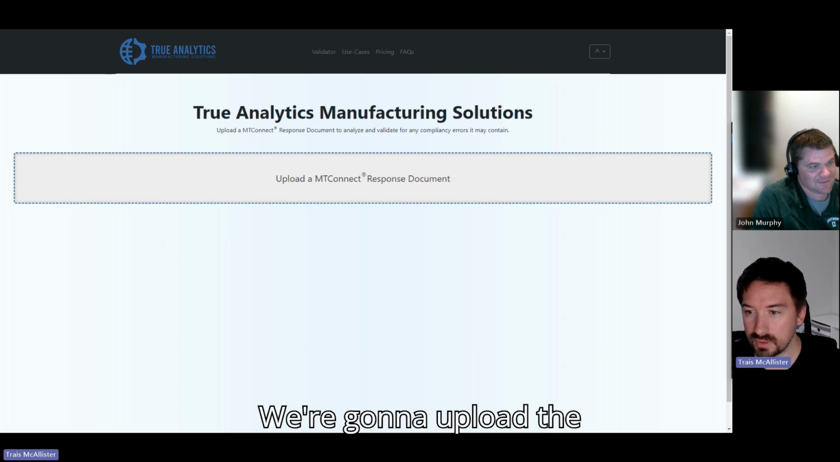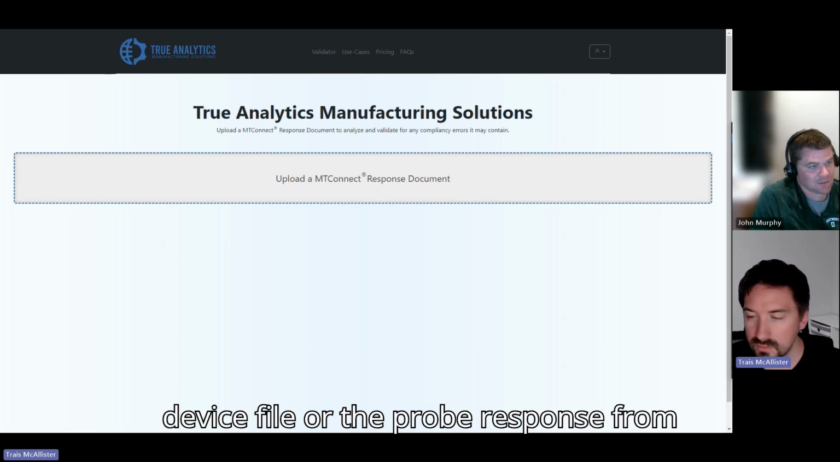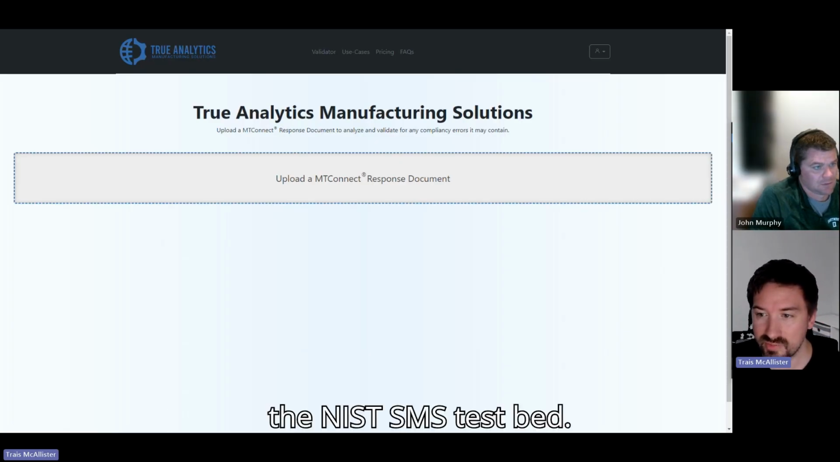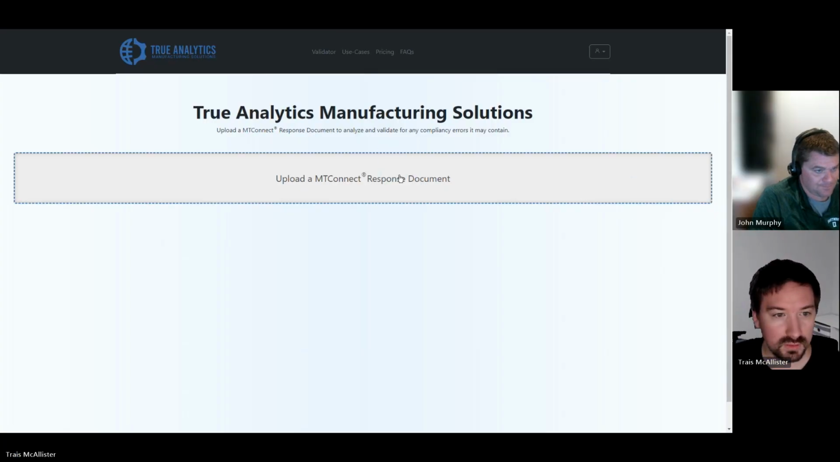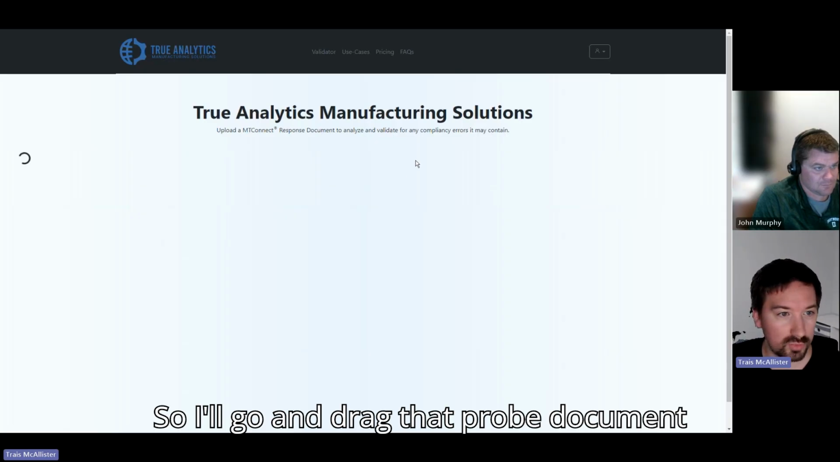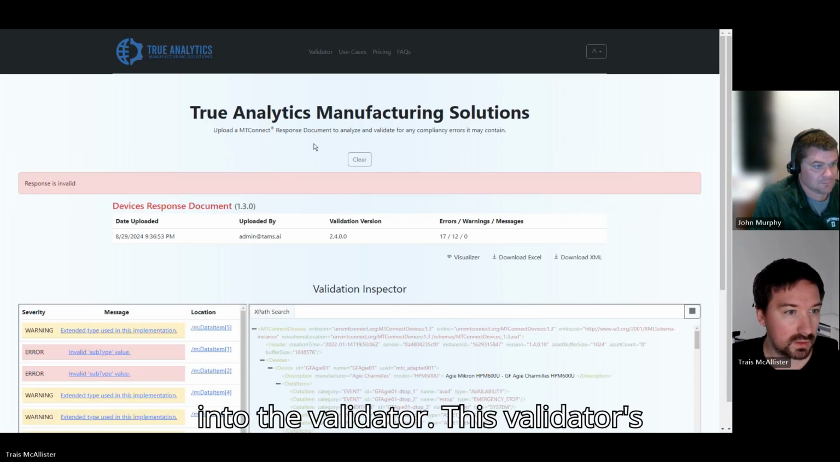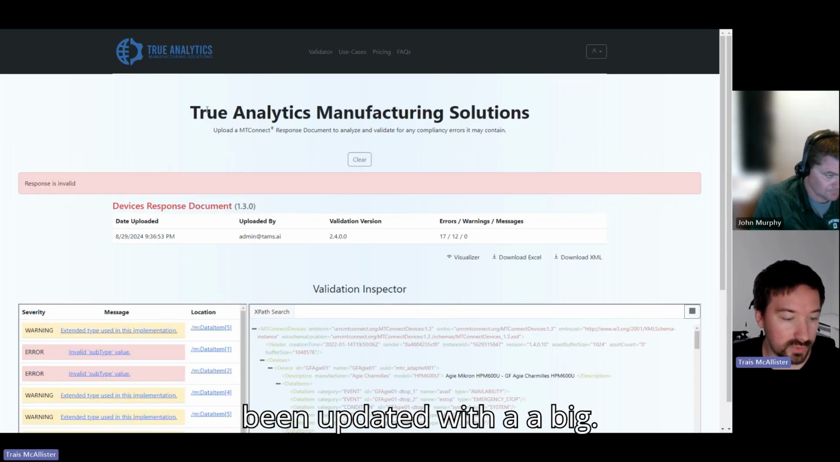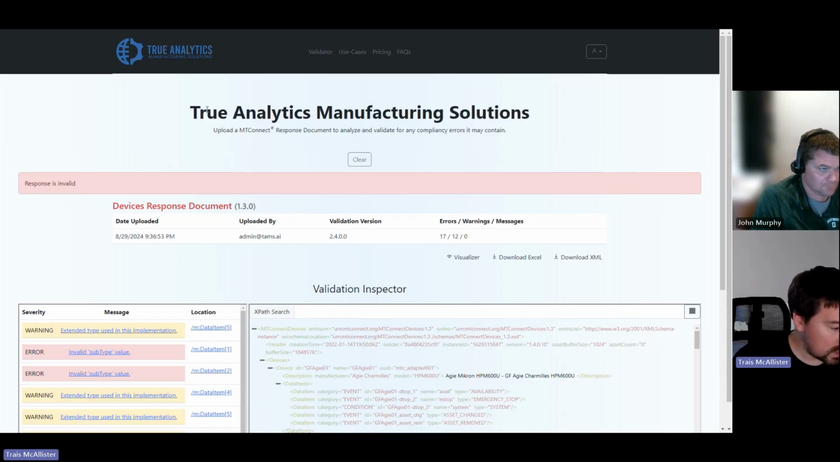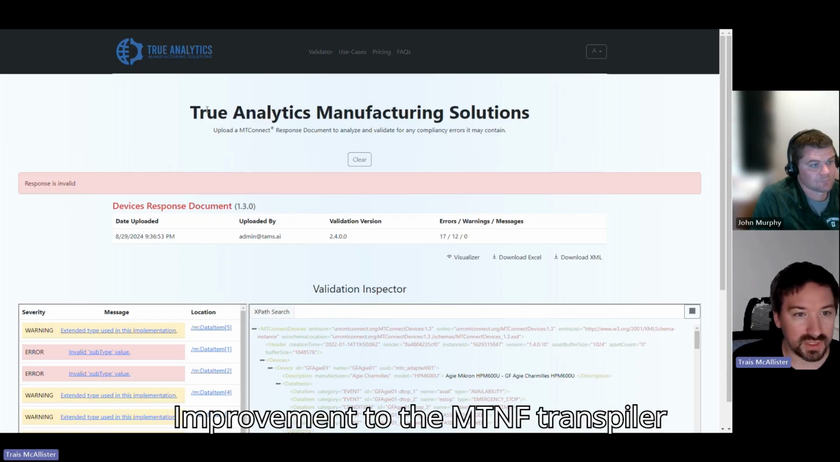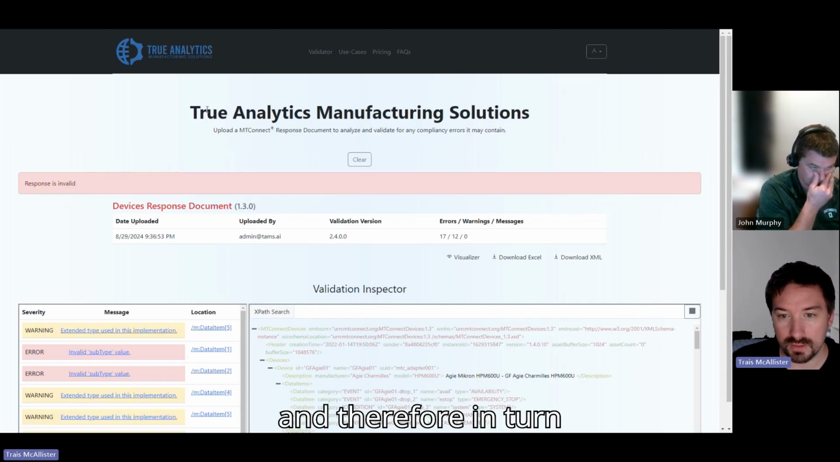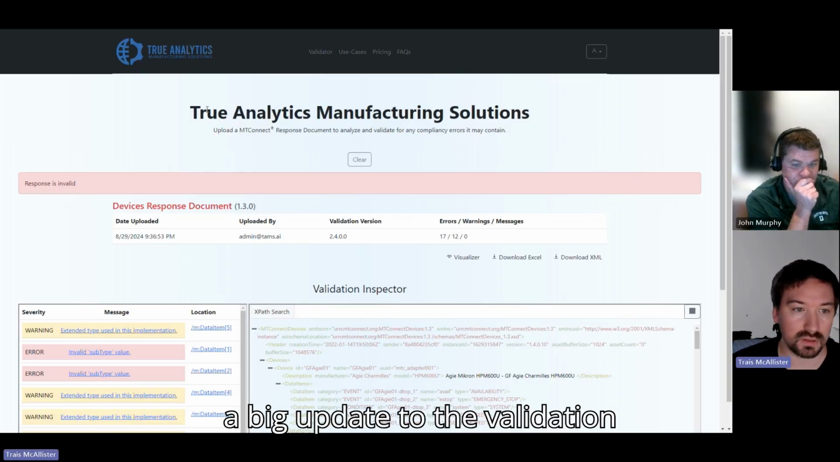We're going to upload the device file or the probe response from the NIST SMS testbed. So I'll go drag that probe document into the validator. This validator has been updated with a big improvement to the MTConnect transpiler, and therefore, in turn, a big update to the validation